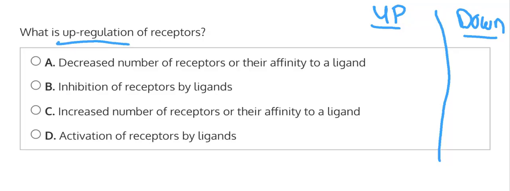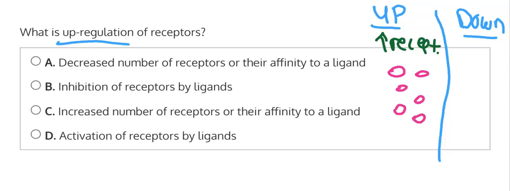So an example of upregulation would be an increase in receptor sites as needed. So let's say you only have a certain amount of receptors, for example. Let's say it's here. And let's say maybe you need more going into childbirth. You need more receptors to be able to contract the uterus to get the baby out. Or maybe you're listening to something and you need to hear closely because it's very low, and we need to increase the receptors so we could hear better. So how upregulation works is that we would then create in the body more receptor sites,